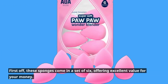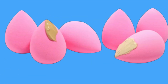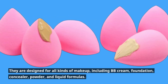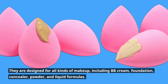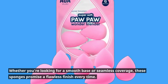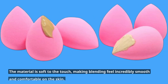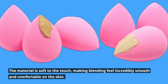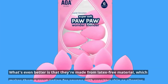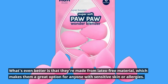First off, these sponges come in a set of 6, offering excellent value for your money. They are designed for all kinds of makeup, including BB cream, foundation, concealer, powder, and liquid formulas. Whether you're looking for a smooth base or seamless coverage, these sponges promise a flawless finish every time. The material is soft to the touch, making blending feel incredibly smooth and comfortable on the skin. What's even better is that they're made from latex-free material, which makes them a great option for anyone with sensitive